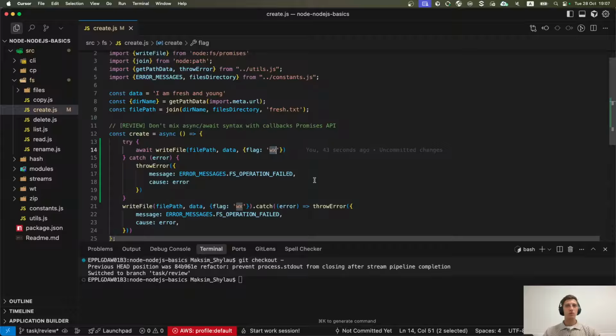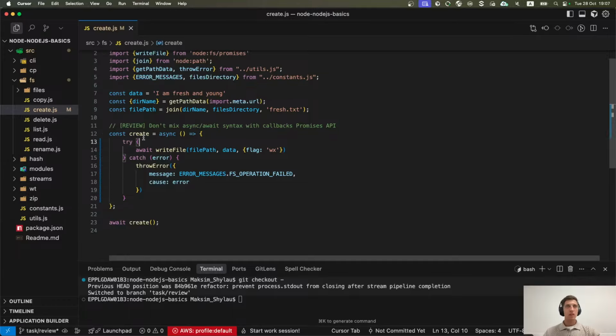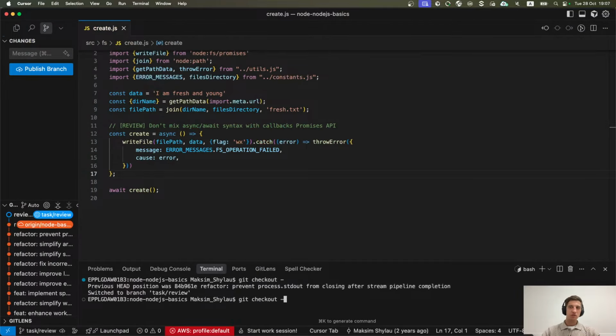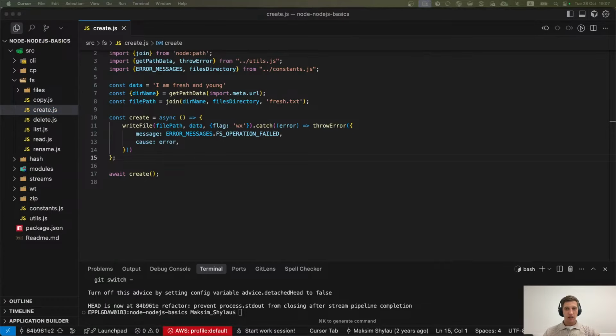So you don't need to check file existence by a separate API call, and maybe later I will explain why. But okay, pretty simple. I think there are no questions here, so let's move to the next one. Okay, the next task according to the assignment is copy.